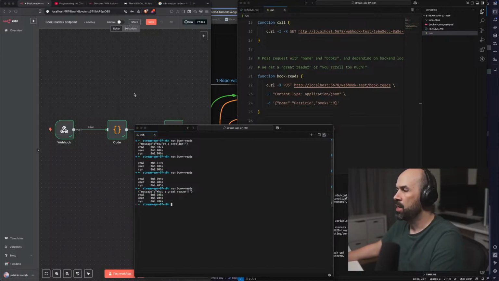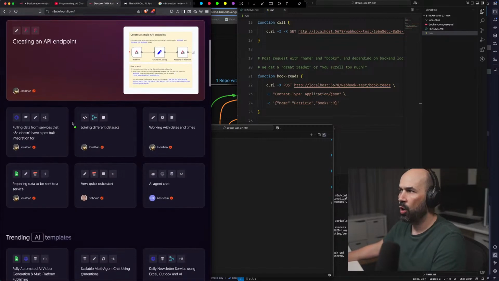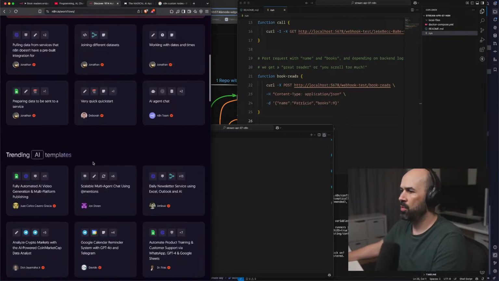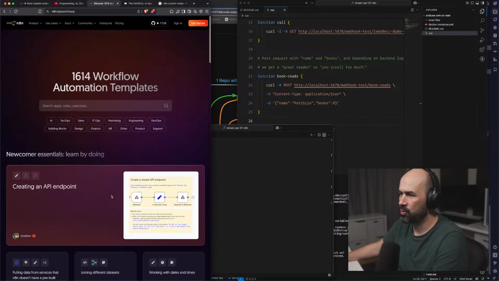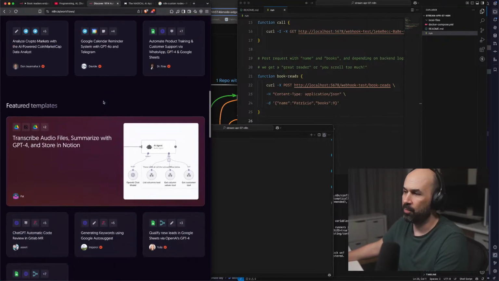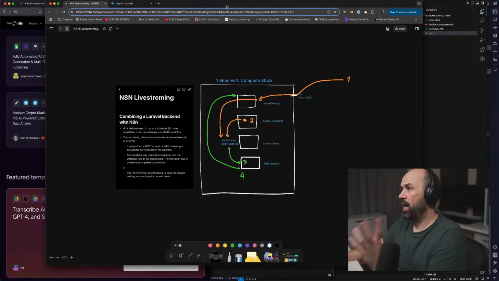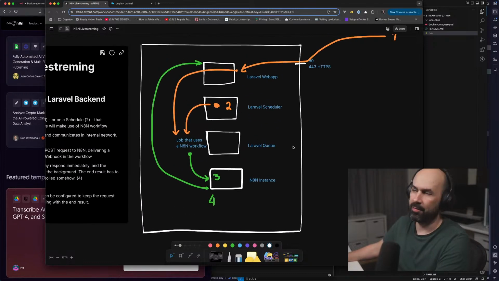So with all of these workflows, we have the possibility to do all sorts of things with low code, from Sheets, from Notion, from OpenAI, from Claude, from Telegram, Google Calendar, all sorts of things. Explore it because it's so wonderful. I want to do that inside the Laravel application.